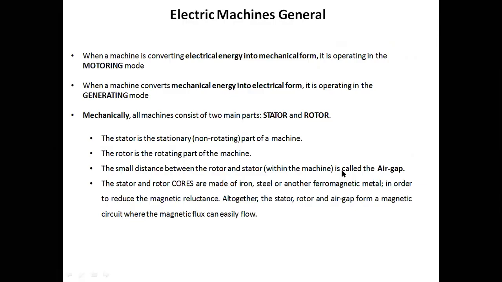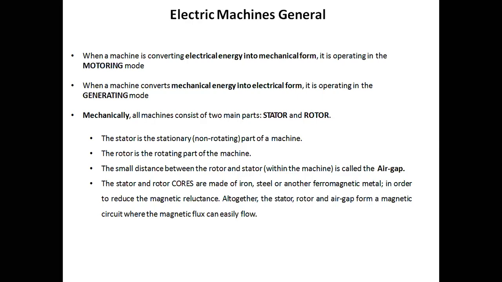we have seen the constructions for the DC machines. Now, when we are converting electrical energy into the mechanical form, at that time we are calling the DC machine as working in motoring mode, or we can say it will work as a DC motor. And if we are having the DC machine that will convert mechanical energy into electrical, at that time we can say that DC machine is operating in generating mode, or it can be working as a DC generator.